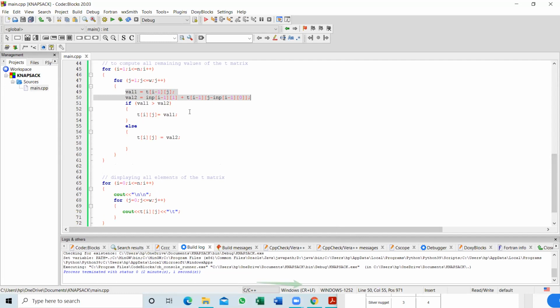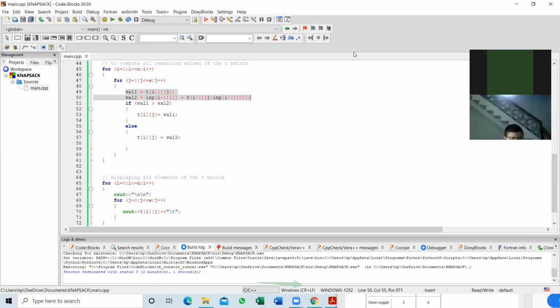So with this, we come to the end of the lecture today. What we have been successfully able to achieve is number of steps in the 0-1 knapsack problem. Still, the final answer is awaited. So the final answer is not correct. That we will discuss in the next lecture.